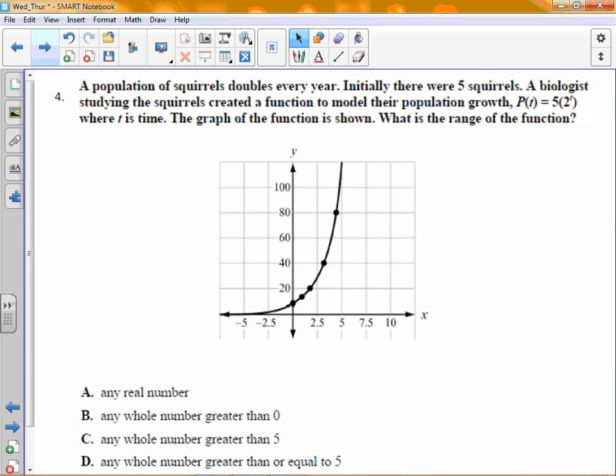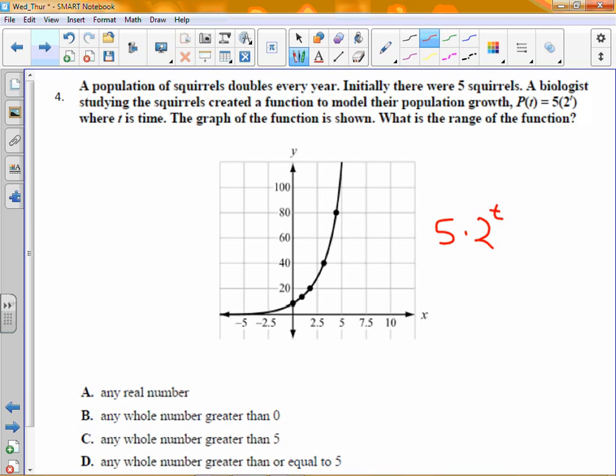Again, great problem. Not necessarily because of how it's set up or anything, but what it can remind us to talk about right here. It says the population of squirrels doubles every year. Since it doubles every year, that's the thing that gives us the fact that this is an exponential growth problem, because it's doubling every year. Notice initially there were 5 squirrels, therefore it's 5 times, excuse me, not t, 2